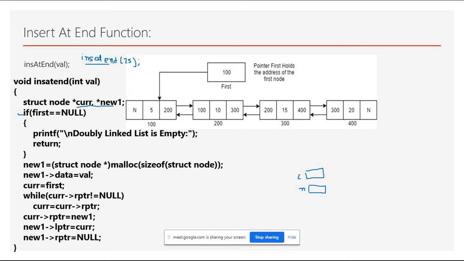But if everything is okay, if user has performed the create functionality and all, so in that case the linked list exists. Suppose that we have 4 nodes in the linked list, and the data values entered by the user are 5, 10, 15 and suppose 20. Now user says I want to insert 25 at the end of the linked list.